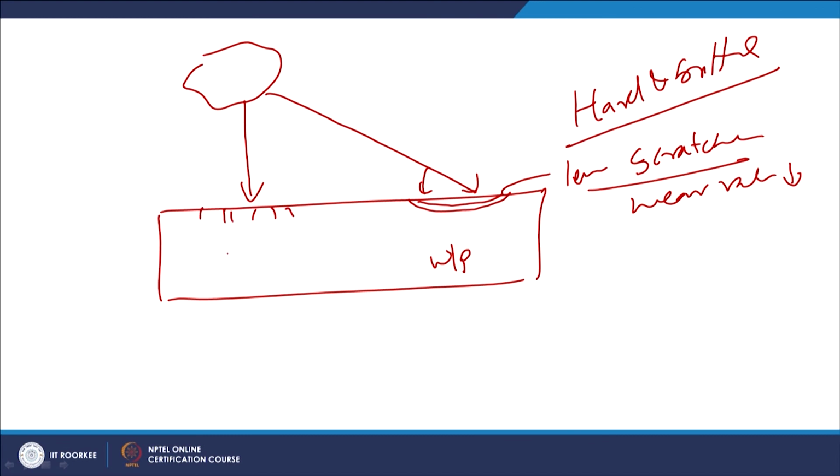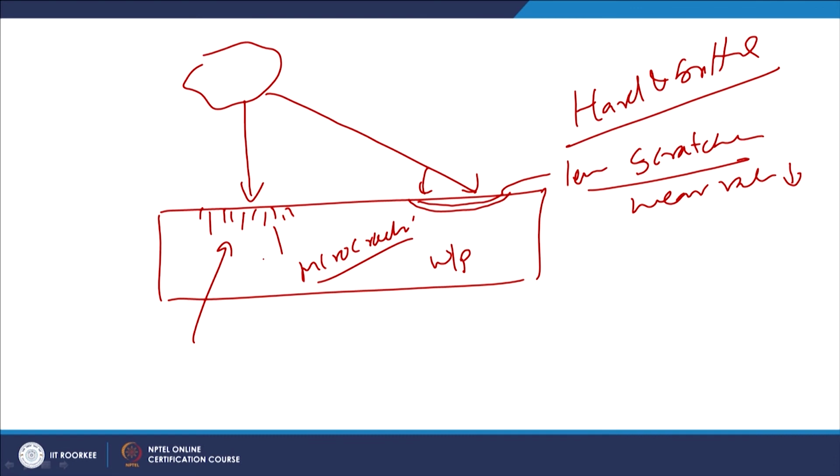Since the material is hard and brittle, it will not show much tendency for plastic deformation, and therefore the formation of such micro cracks will lead to the removal of the material once the coalescence of these cracks takes place. So, in the case of brittle materials, a much higher wear rate is caused by particles impinging at a high angle, and through micro cracks and brittle fractures the material loss takes place.